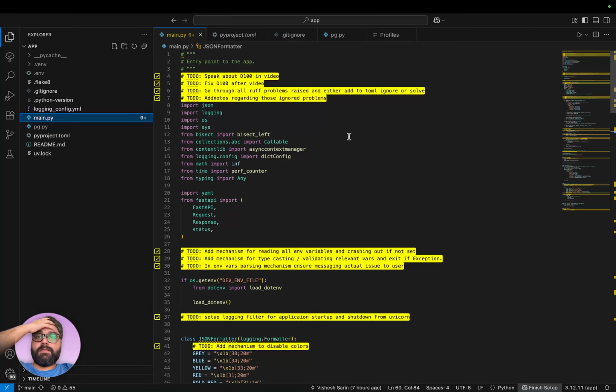Essentially, right now my goal is to go through these Ruff errors because it's a very opinionated formatter, and see how many of these we can fix, or add them to the project to ignore and add notes as to why they are ignored and if they are to at some point in the future become non-ignored.